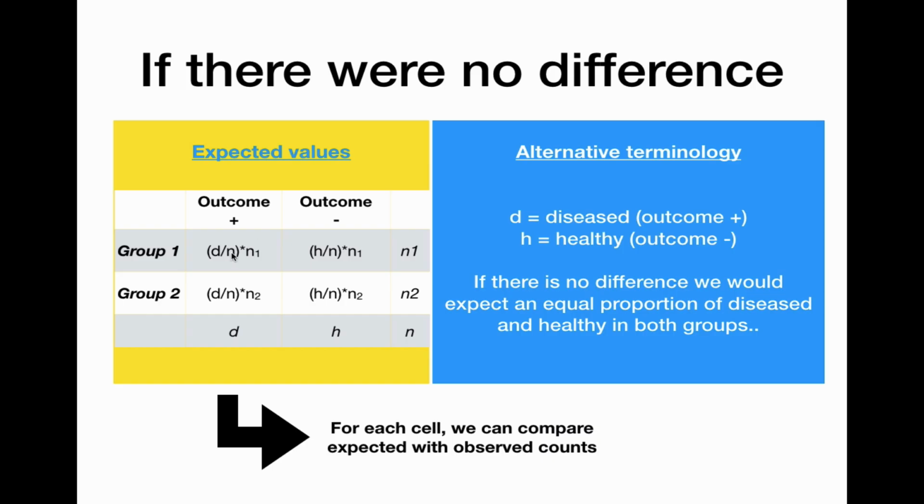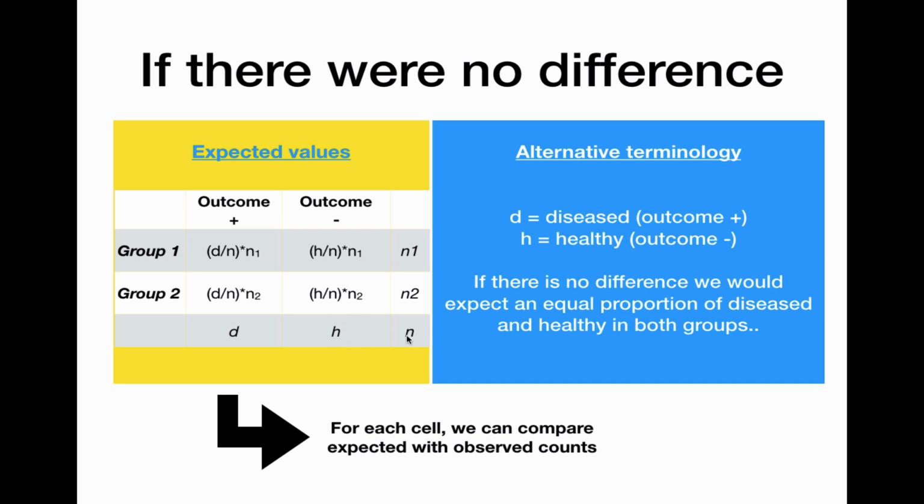And here I have depicted how to calculate the expected values in the 2x2 contingency table. Note that we replace outcome plus or event with D for diseased patients and outcome minus with H for healthy patients. And then we can calculate the proportion of diseased patients in this study by taking the ratio of D over N, and the proportion of healthy patients in the study by taking the ratio